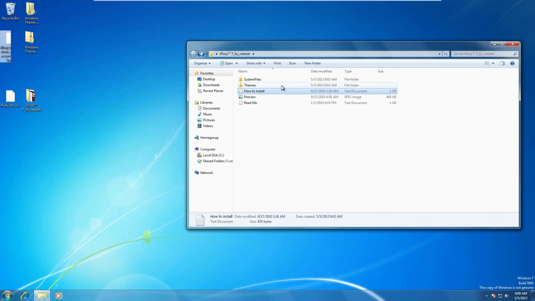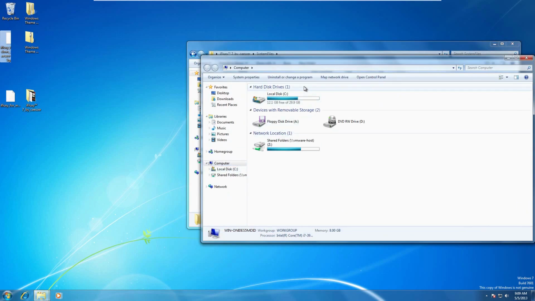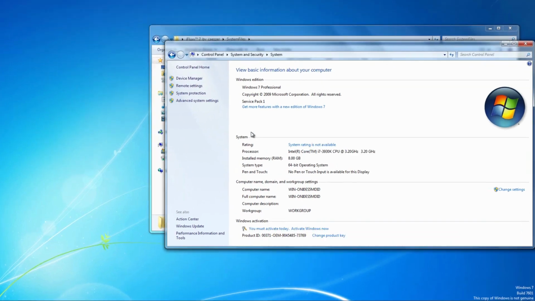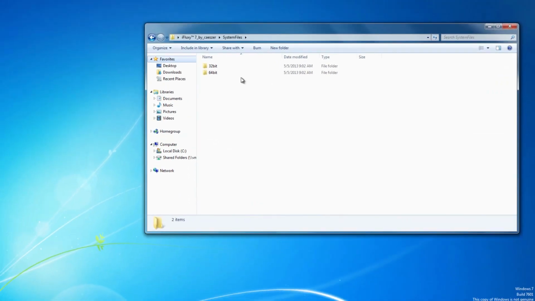So what we'll do now is go to your system files here. What you want to do is find out if you have a 64-bit or 32-bit. Now I personally know you may not. If you don't, then just right click on computer and go open a new window and click system properties, and right next to system type it will tell you what system type you have. So 64-bit or 32-bit. Whatever one you have, just open it up